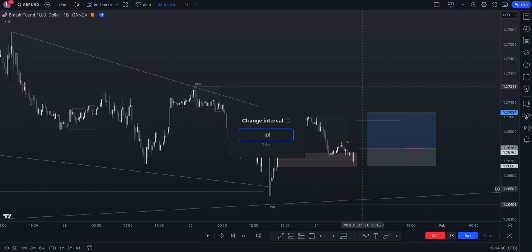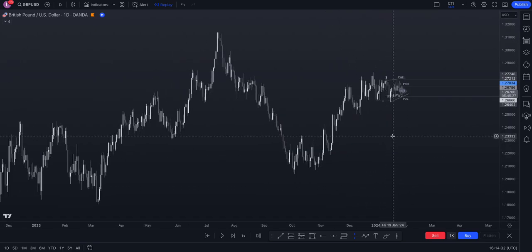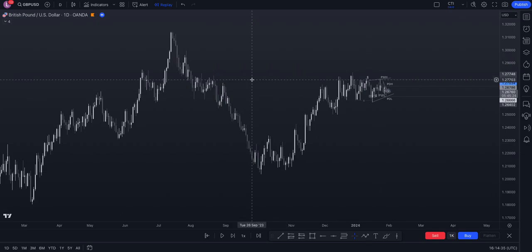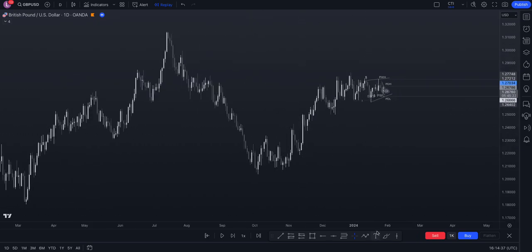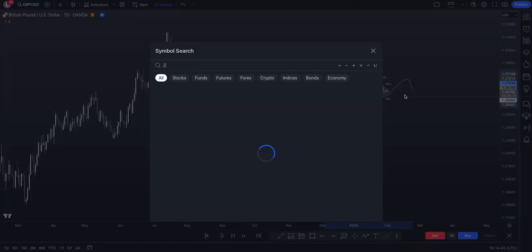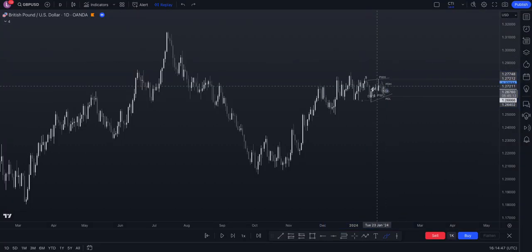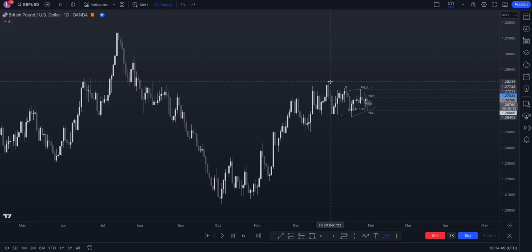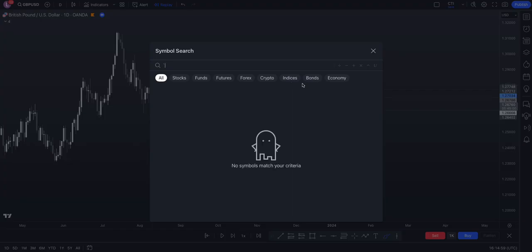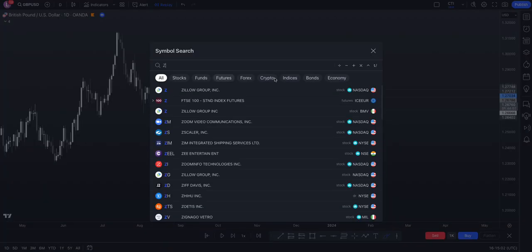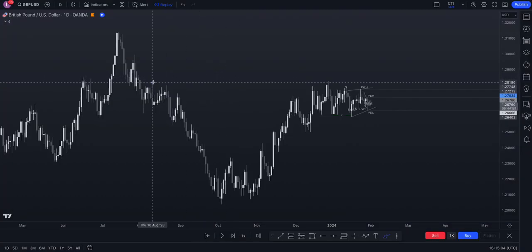Okay, so let me go on to the daily first. Why was I bullish? Clearly the daily is making higher highs, higher lows, and we're just ranging sideways. We've been ranging sideways for the whole of Jan. The reason I was still bullish, even though it's sideways, is we haven't really taken anything substantial. We've taken this high,